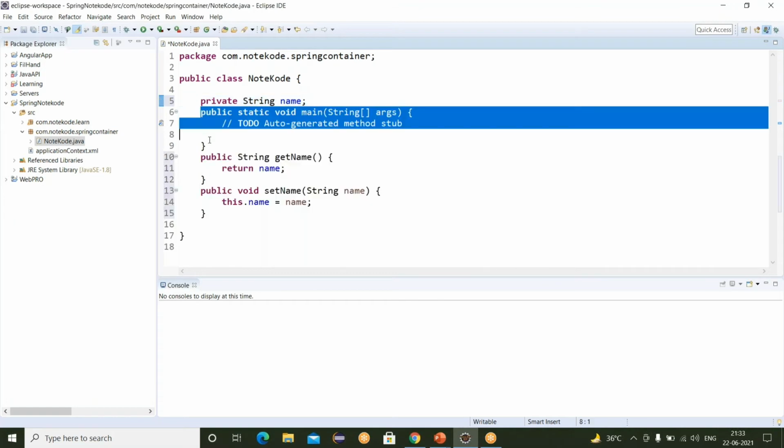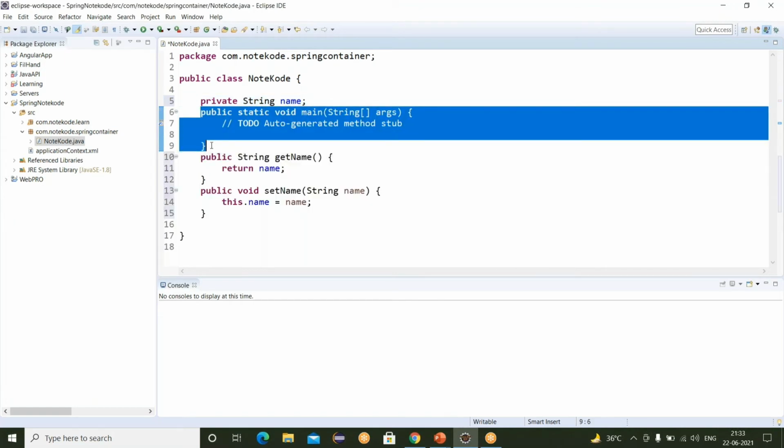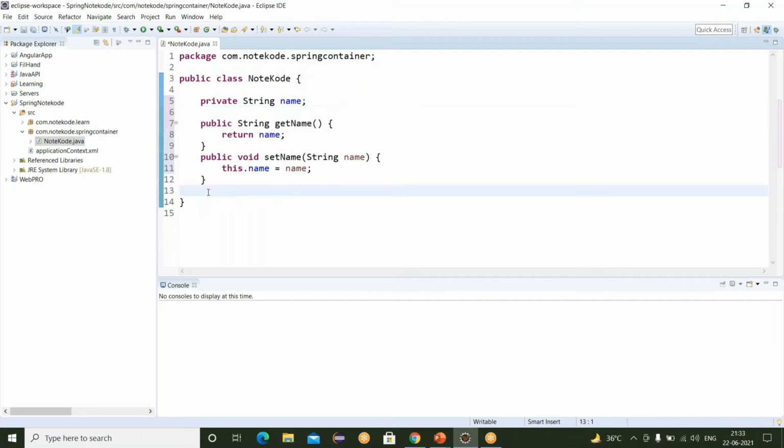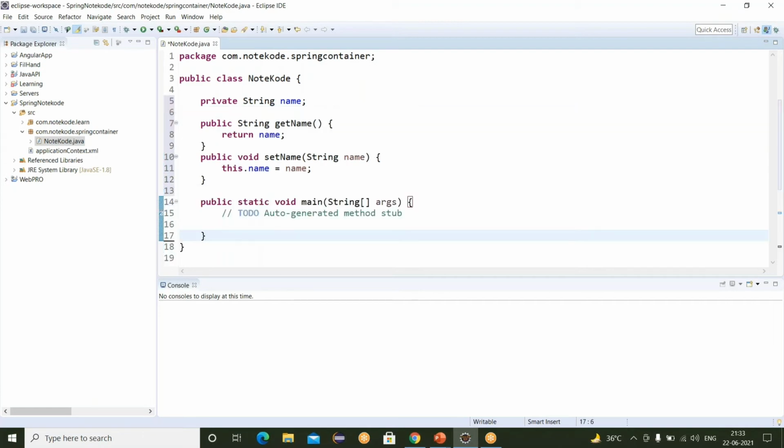Since we do not require the main method, I'm creating my own method, public void getMessage.